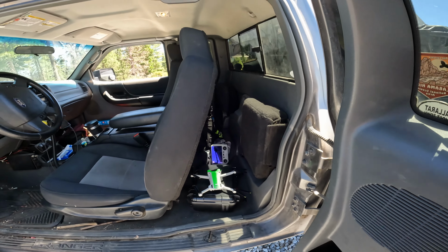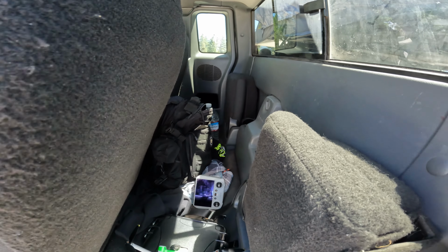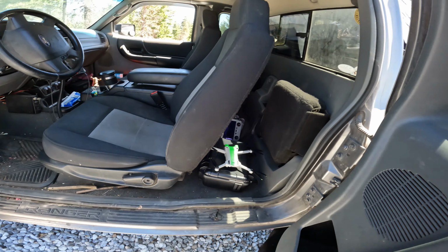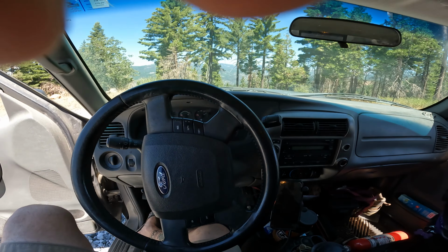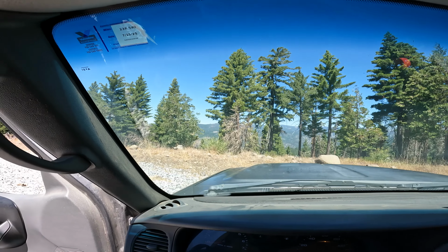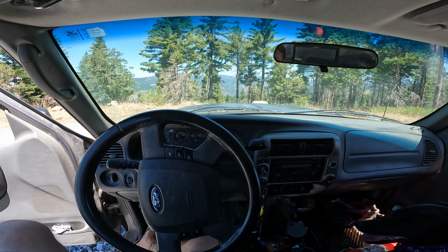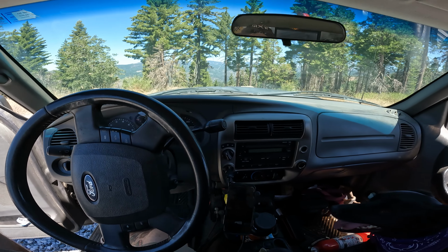Access doors on both sides. Not much room in the back, but I don't need a back seat, and I just have dog. Just need room for dog. All right, here's the pilot area with the view. Probably can't see all that crap, but don't need to go into the truck itself. We'll just show you all the things I've added as I've set this up for